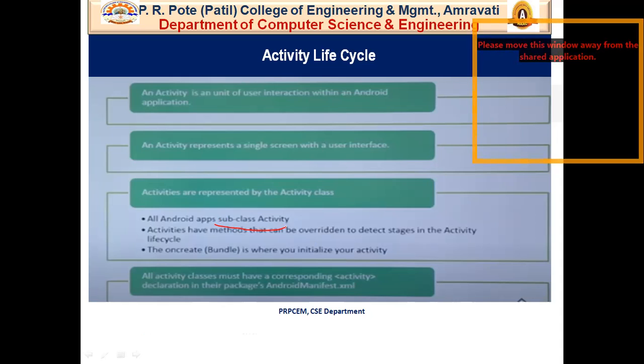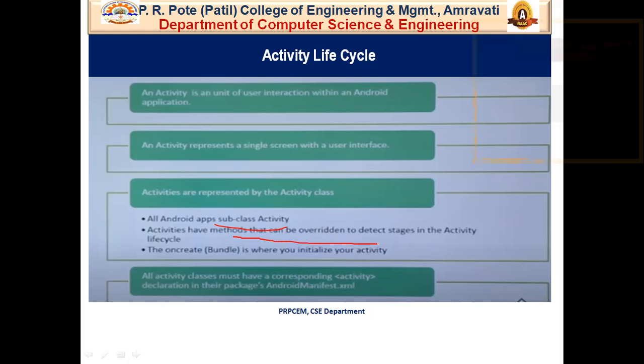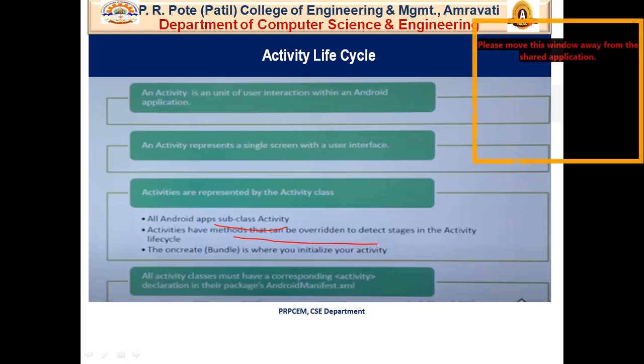Then, activities have methods. There are methods in Android, and all these methods can be overridden. We can do the coding we want to do and customize them according to our own need. All these methods are part of the activity life cycle.